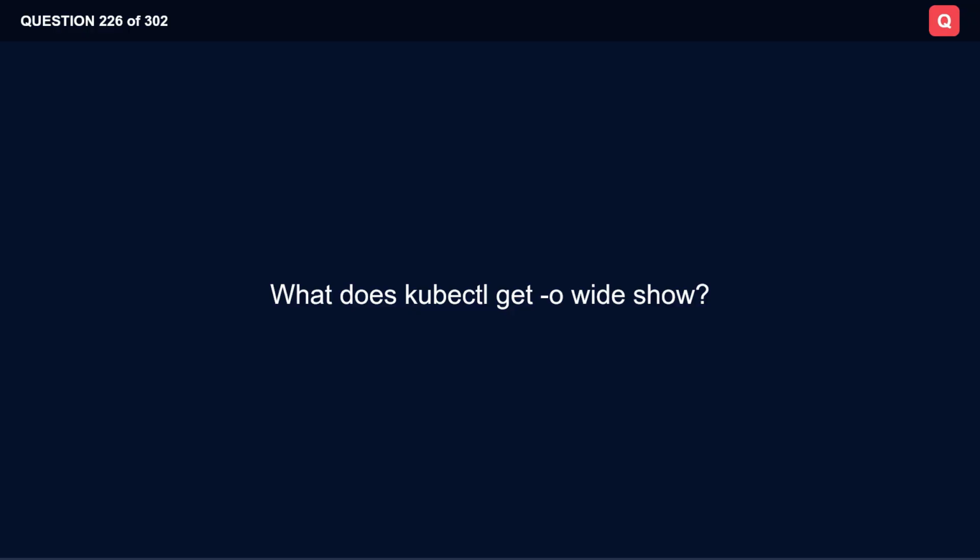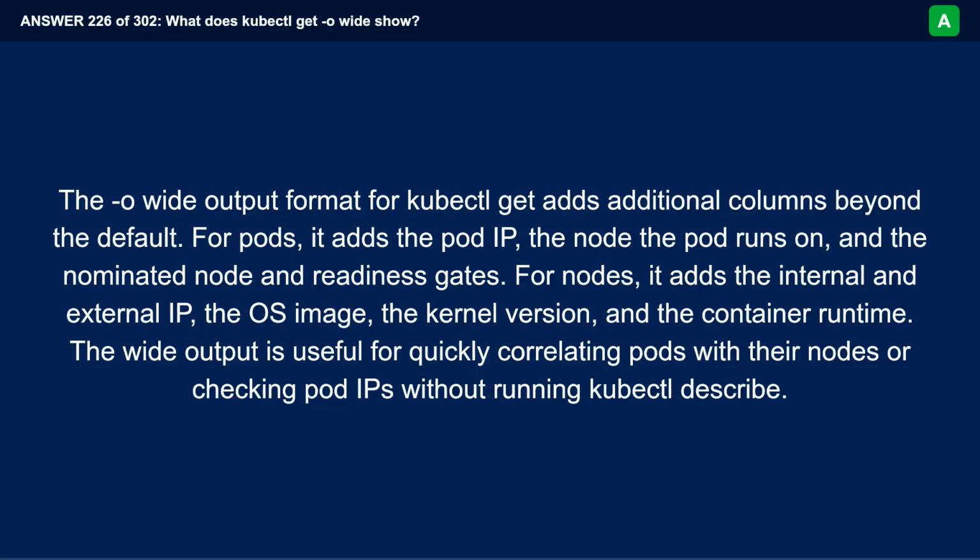What does kubectl get -o wide show? The -o wide output format for kubectl get adds additional columns beyond the default. For pods, it adds the pod IP, the node the pod runs on, and the nominated node and readiness gates. For nodes, it adds the internal and external IP, the OS image, the kernel version, and the container runtime. The wide output is useful for quickly correlating pods with their nodes or checking pod IP addresses without running kubectl